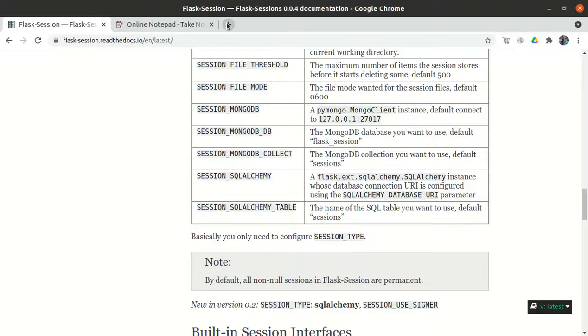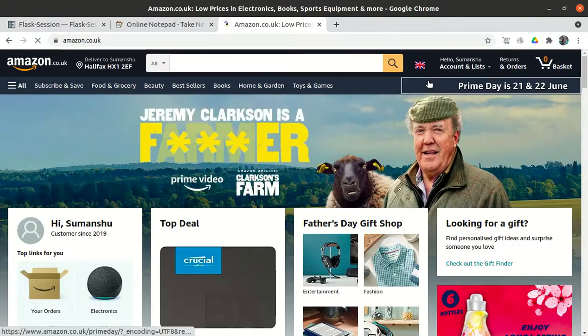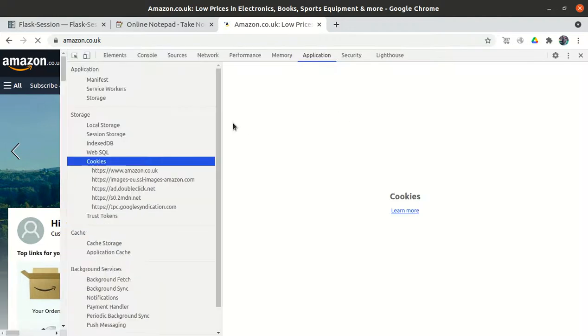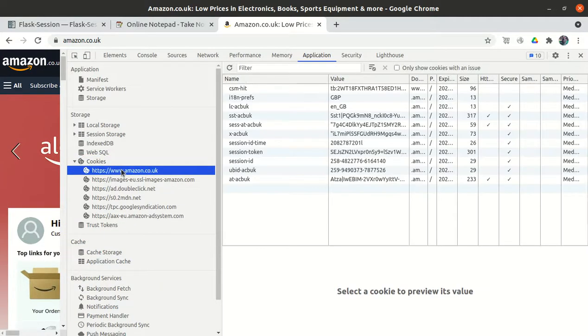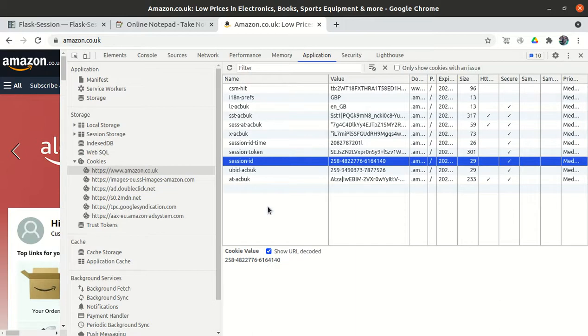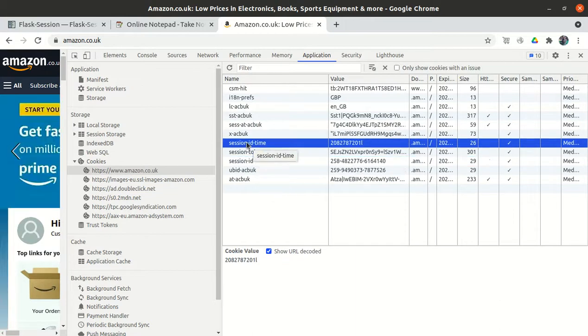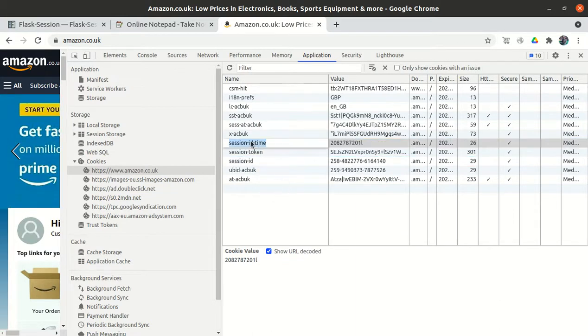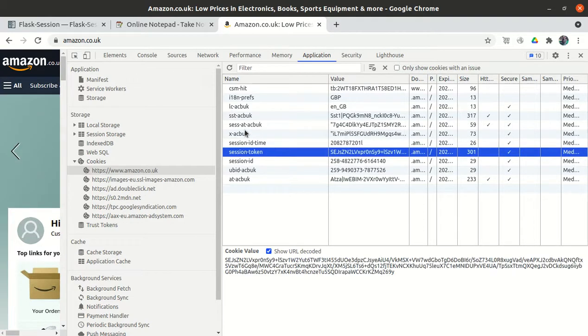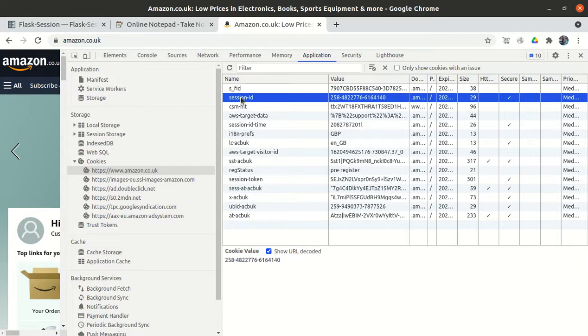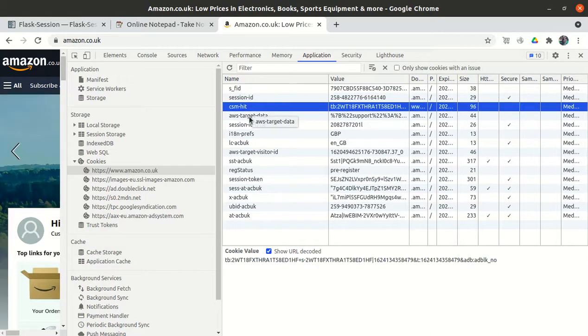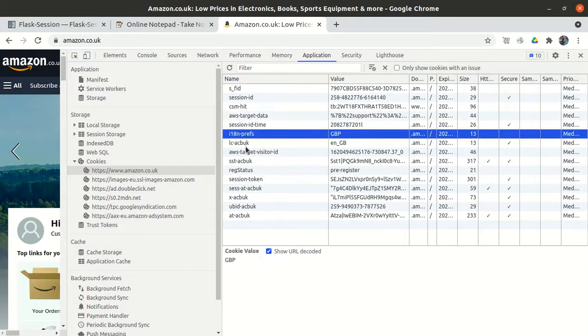Let me check the validity for Amazon. Shift F12. If I go to Amazon and go to the session ID time, not session ID time, there is one option, not sure where it was.